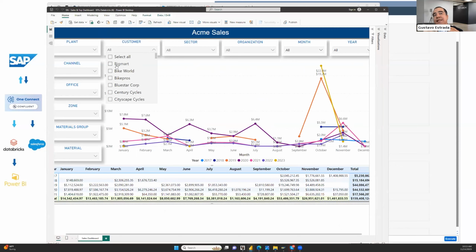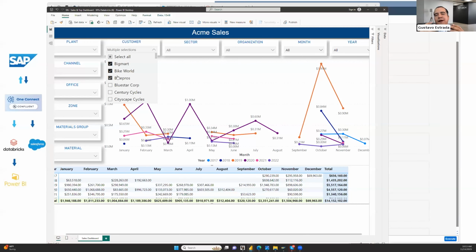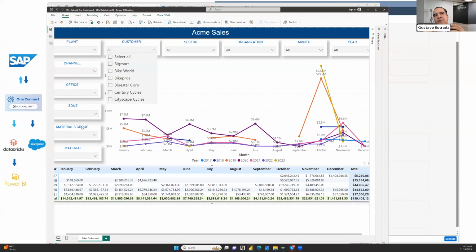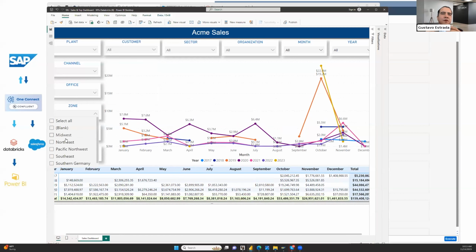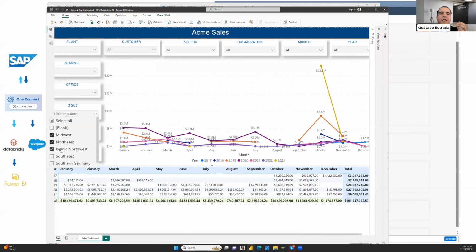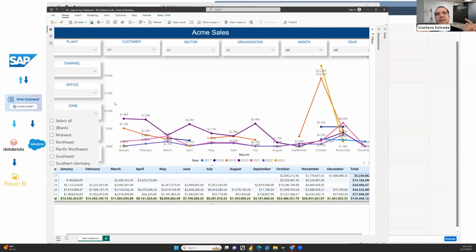So we're seeing the names of the customer, not the IDs, because it would be hard for us to know that the Big Mart is customer 10085. So we're sending descriptions. Same thing for zone. When we create an invoice on SAP, we're getting the ID of the zone, not the description of the zone. So using OneConnect, because we can send the configuration data, we send the description of zone, offices,